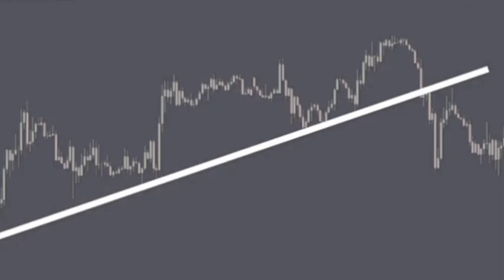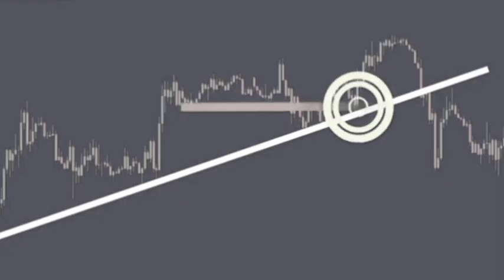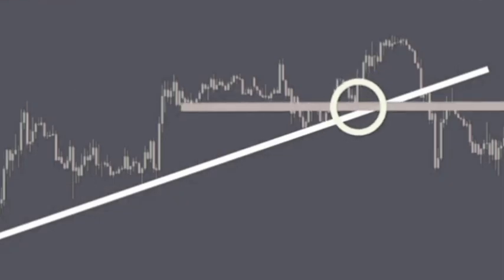So we wait. We now create a support level. We do so by extending a line from the last touch on the trend line before the breakout. Now we want the price to break below this support level. The price breaks the support level on